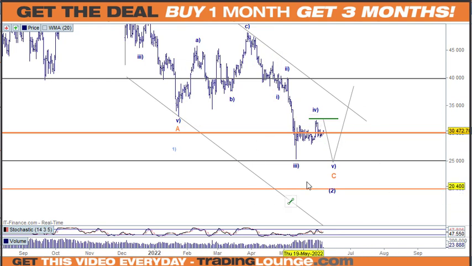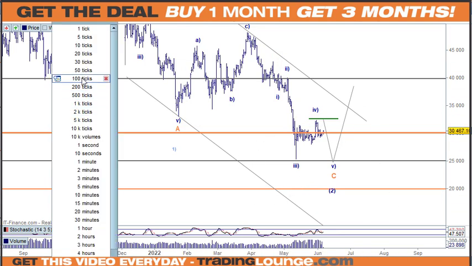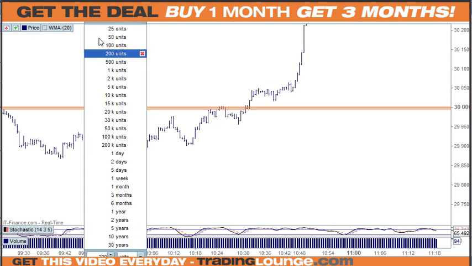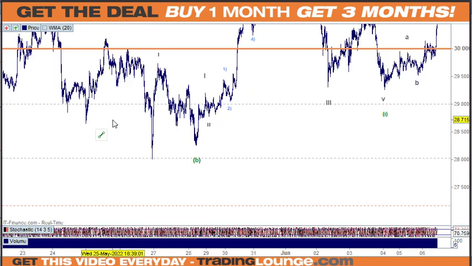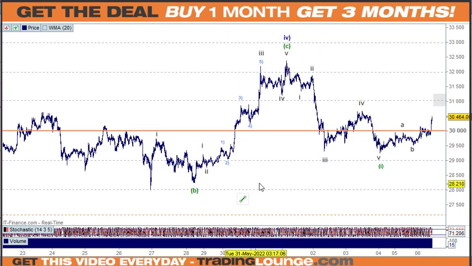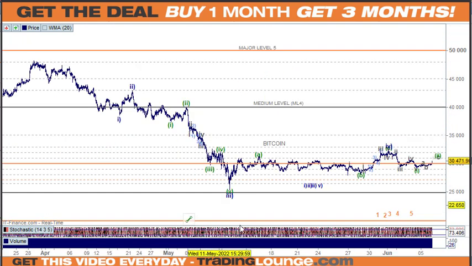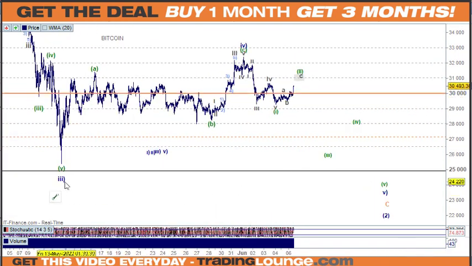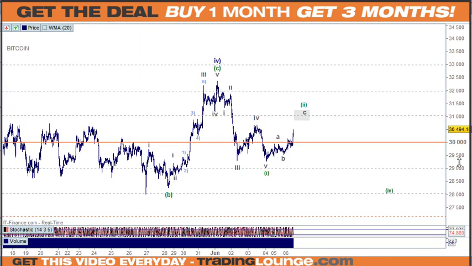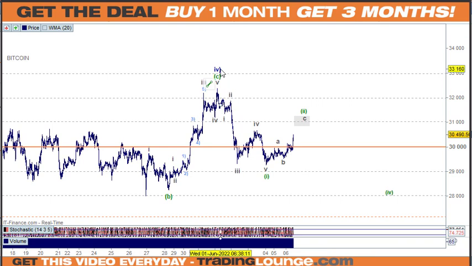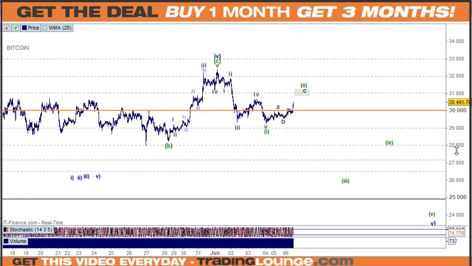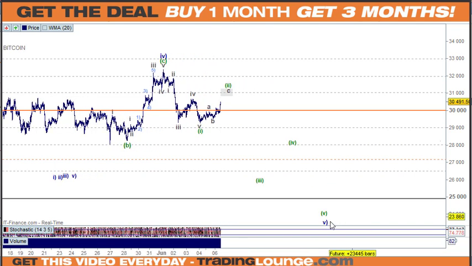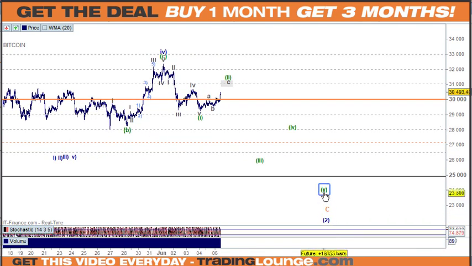Looking at this in a little bit more detail, let's go to the 100 ticks on the intraday and pull this apart. Maybe that will be enough at this point, maybe not. Let's go full hog and just pull this apart here. So we've been looking for wave 3 with an A and a B and a C wave up there. We counted 5 waves up there for wave 4, and from wave 4 we're looking for 5 waves down for wave 5 in this space here for wave 2. Okay, so from the top here,